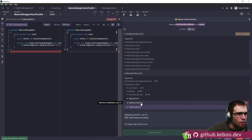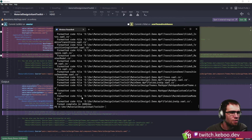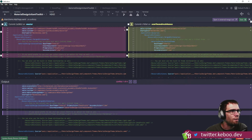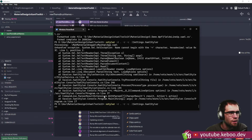So a lot of these are... Oh, that doesn't matter. So let's look at something that's conflicted. So this thing is saying master is set there. Huh? Oh, I can't do that while... Hang on, let's back this up one more time. Something seems very off. Specifically around the XAML styler. I'm wondering if...